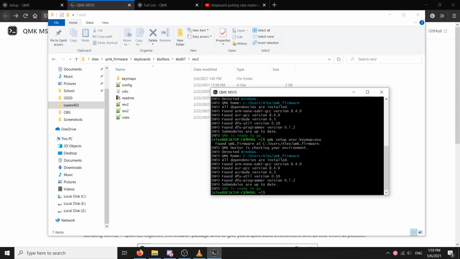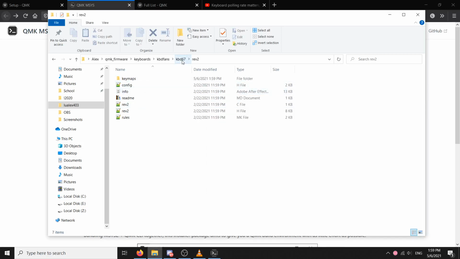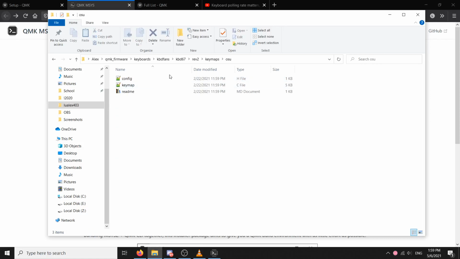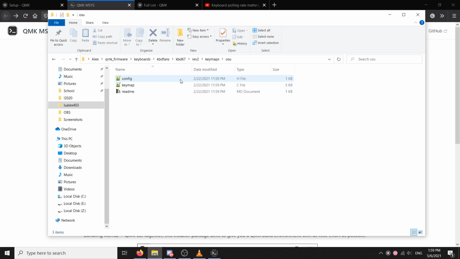So now what we want to do is type in qmk new-keymap. So now we have made a new keymap under kbdfans rev2 osu. And so let's see, we go to the keymaps folder in the rev2 and we see that the osu has been created. And now what we want to do is go to the config file,